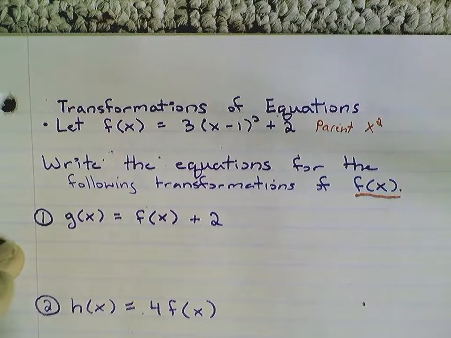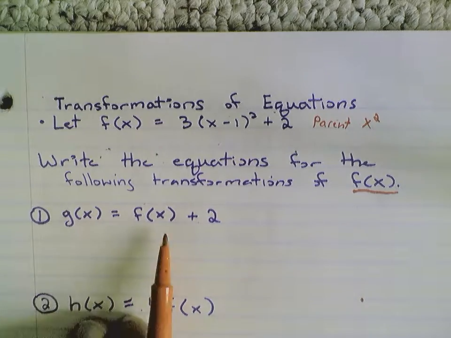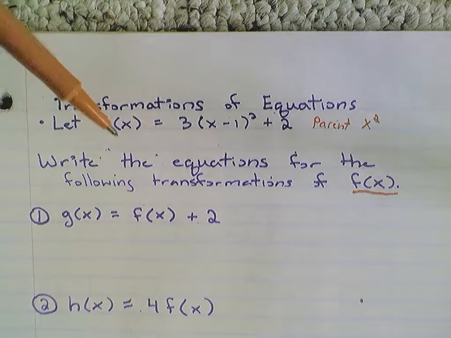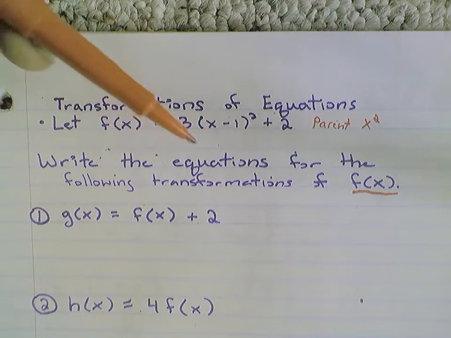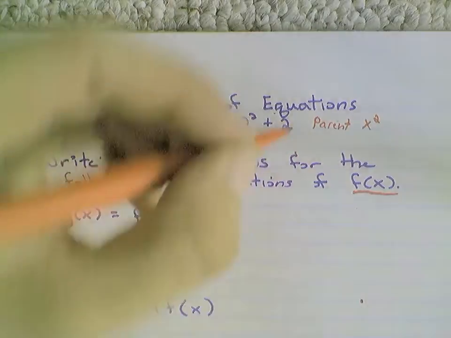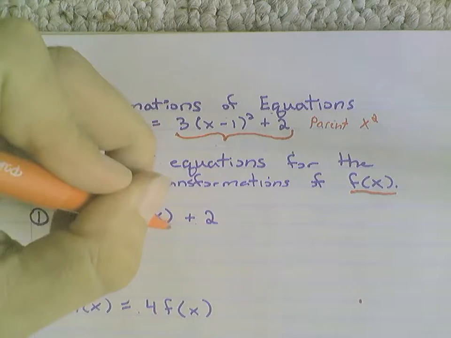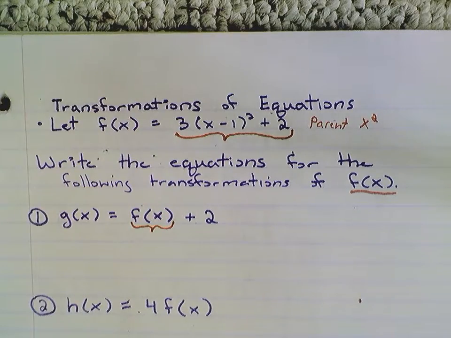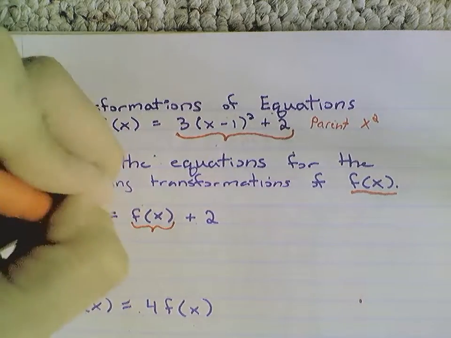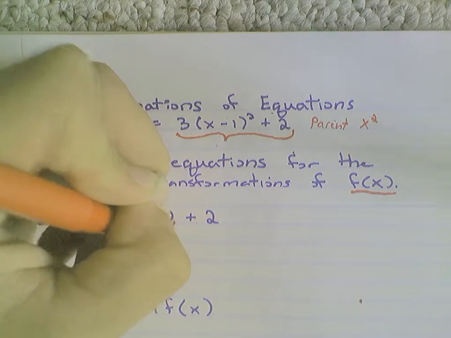So the first one, we want to write the equation for g of x, which is equal to f of x plus 2. Well, what I can do here is it's kind of like a substitution. I know my f of x is equal to 3 times x minus 1 squared plus 2, so I can kind of substitute this in for where the f of x is. So for instance, I'll get g of x is equal to 3 times x minus 1 squared plus 2,